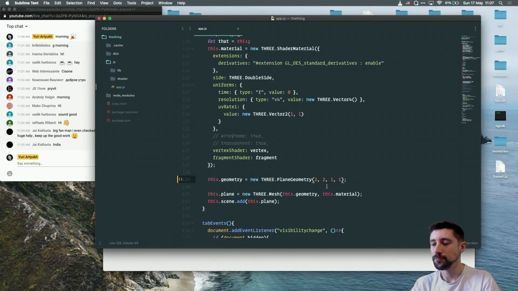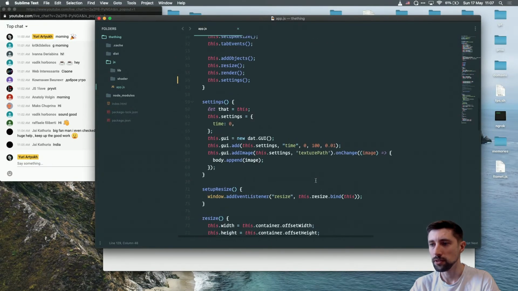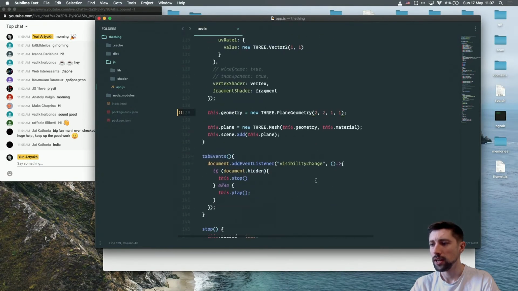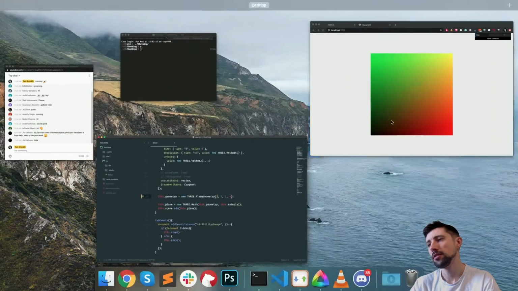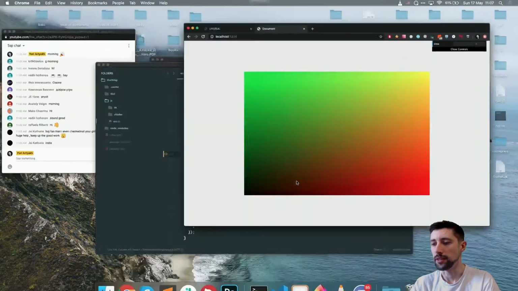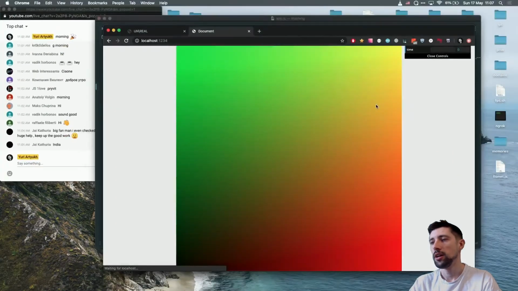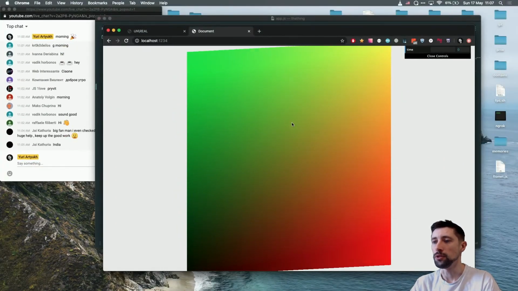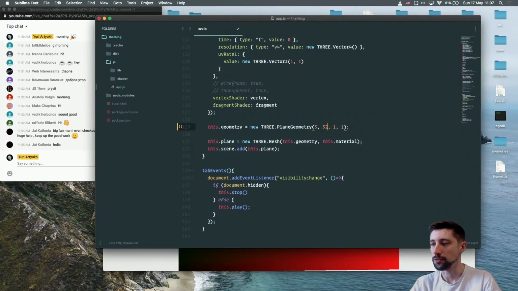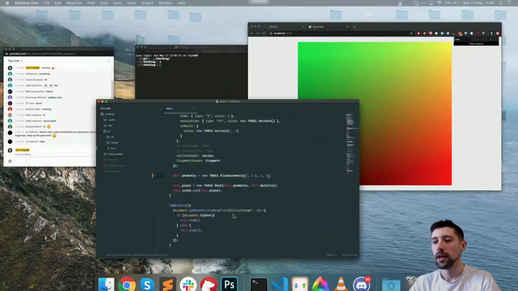And then, because the frustum is 3, if I set the height to 3, it's gonna take the full height of the window, which I don't want actually. Let's say I want 2.8, and then